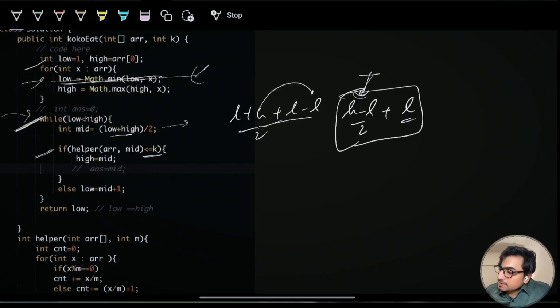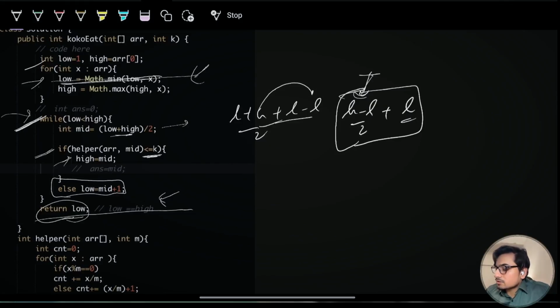And if that is the case, that is less than or equal to k, as we discussed, high would be pointing to mid, that is neglecting the right half, else low equals mid plus 1, right? And this would specifically be the case where our low is equal to high. In that case, we saw that returning low or high would give an answer, right? So yep,